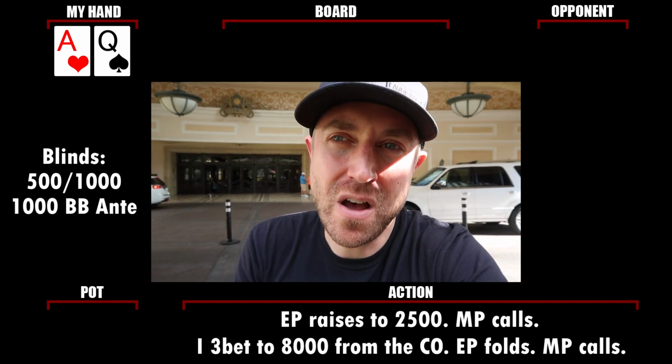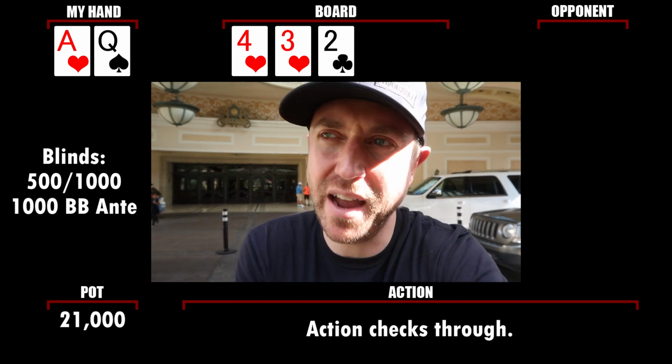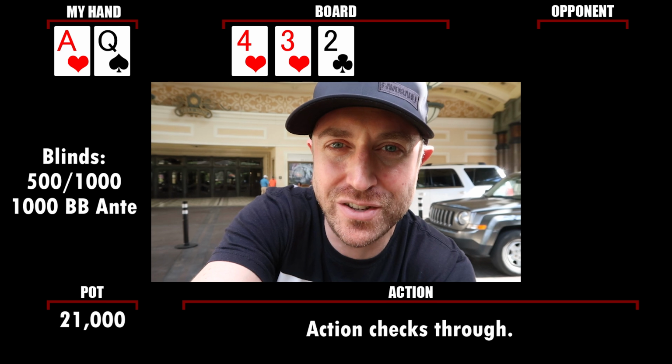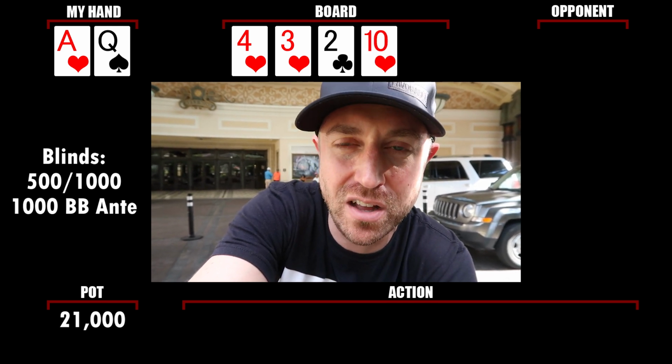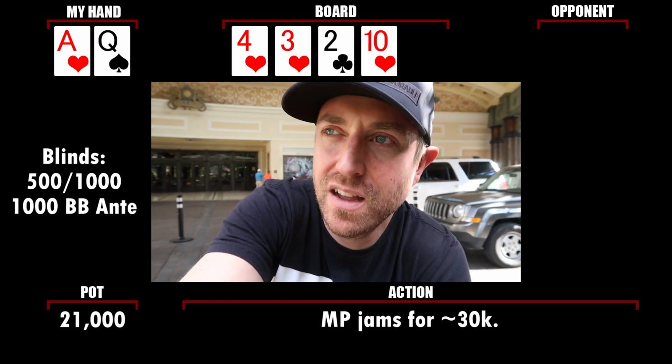We go heads up to a flop of 4-3-2 with 2 hearts. He checks it to me and I decide to check it back. In hindsight, it's gonna be a pretty crucial decision there to check it back. The turn is the 10 of hearts, giving us the nut flush draw. And he goes ahead and jams all in, which covers me. I have about